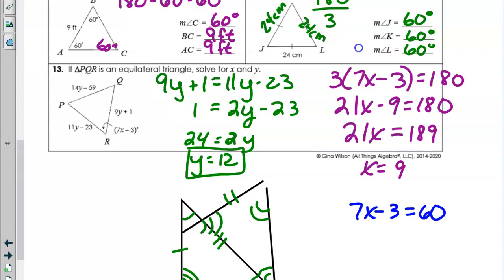Because it's all equal. Yeah, so if you see the word equilateral, you know all your angles equal 60. So you could jump right to 7x minus 3 equals 60. Does that make sense? You would have gotten the same answer if you solved for x. Okay, so we can show you. We can add 3, divide by 7, and we'll get